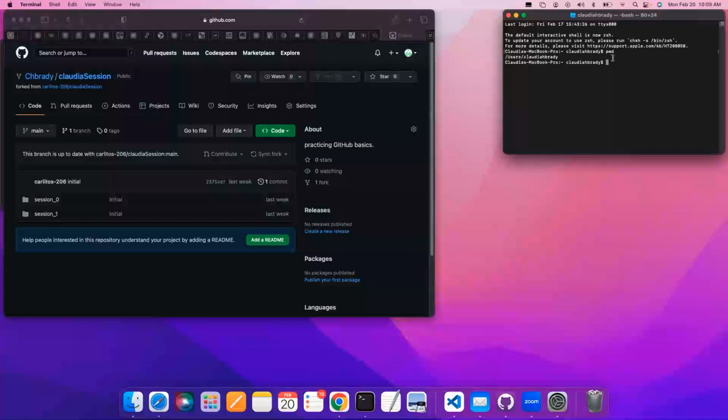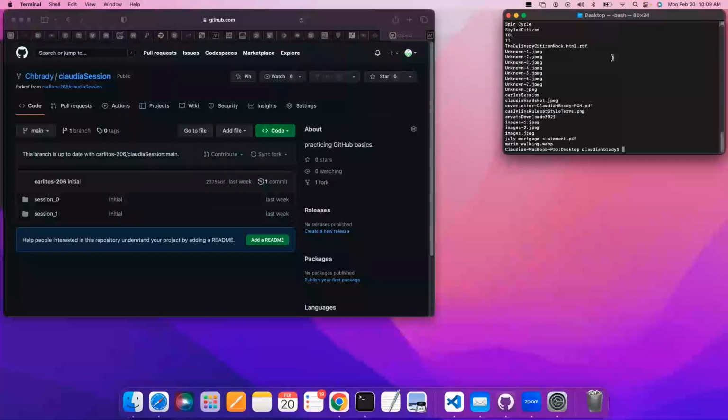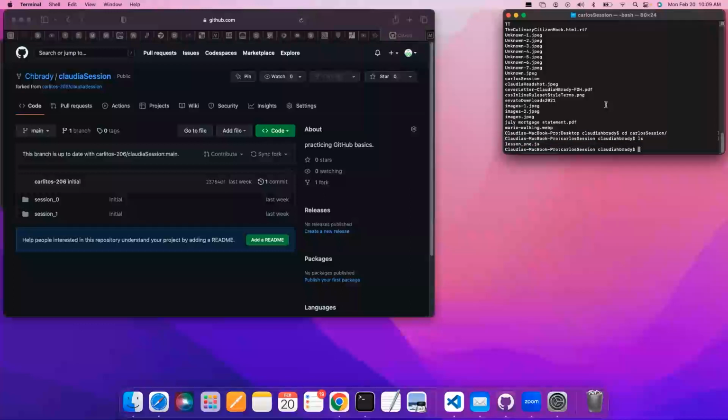So PWD to figure out where we are, and we're gonna have to go into the desktop. So we're gonna change directory, desktop, and then I believe we created a session, correct? Yes. Specifically, what was it called? Carlos session. Okay. And then we're gonna check again what we have inside of it. So we're gonna do ls. We just have lesson one. All right, so we're gonna make a new directory, and mkdir says make directory. We're gonna call this